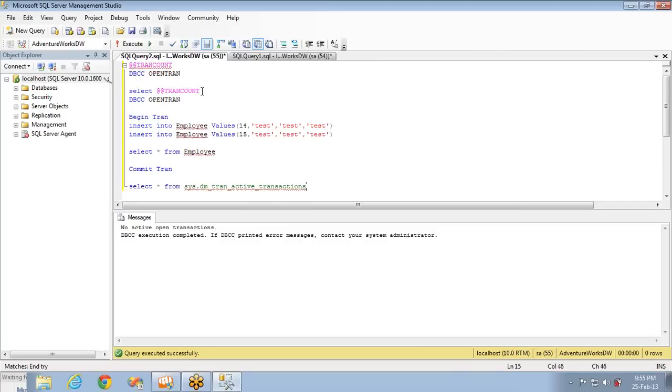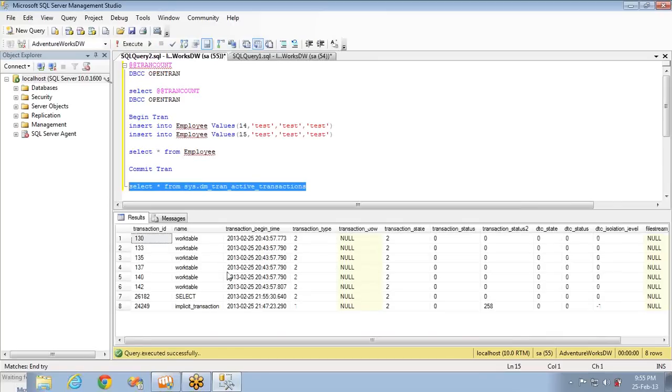This will have all the active transactions that are present and their status. You can see there is one implicit transaction also at the time 9:47 p.m. IST. I have defined this transaction and it was closed. And you can make use of these system tables to get the status of transactions.